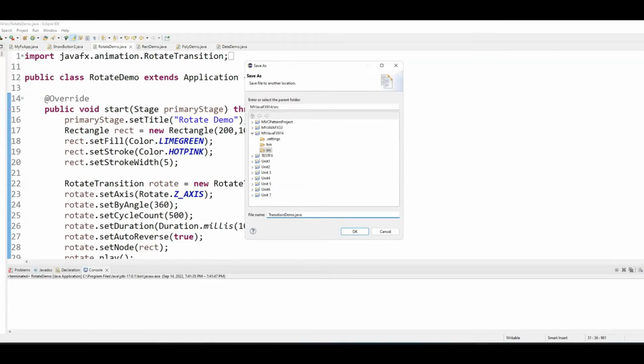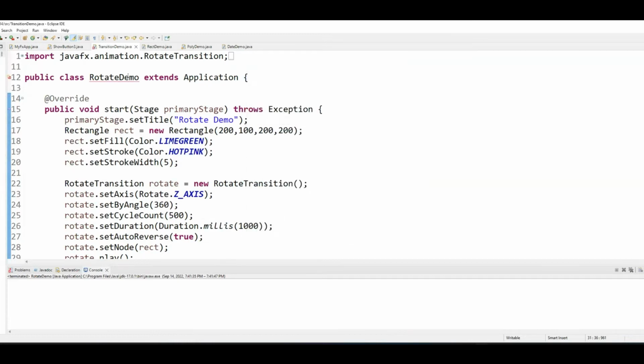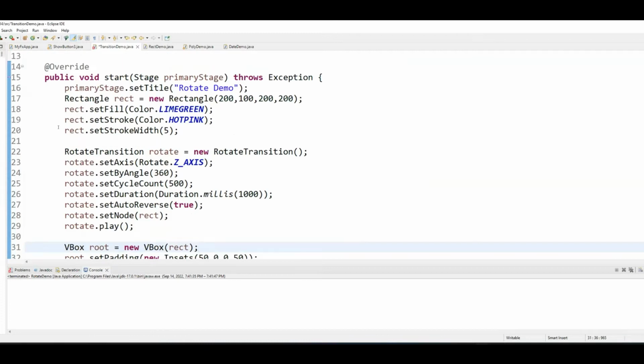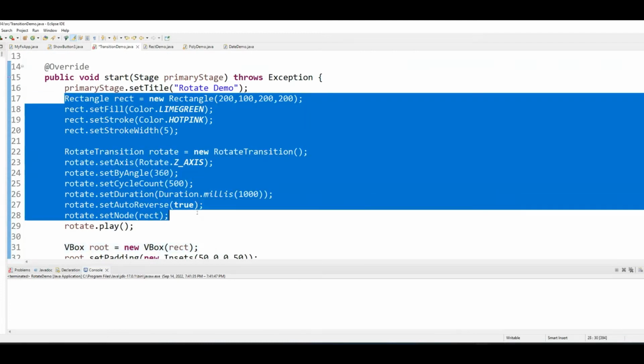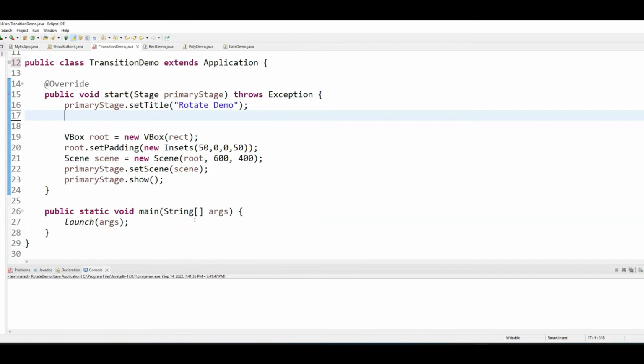Transition demo. That's why I'm using the word demo, so that I do not name my class after any of the built-in classes. Okay. So I will get rid of the rectangle and the play and all of that stuff. This will be,